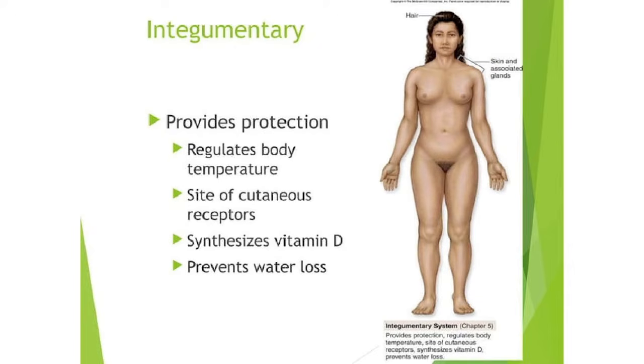Next, we will see, I told you the body contains different types of organ systems. Here are some examples of organ systems. First one is the integumentary system. You know that we have different types of organ systems: integumentary system, respiratory system, digestive system, reproductive system, skeletal system, muscle system, nervous system. Okay, and here first one is integumentary. It's related to skin. The system related to skin, that is integumentary.